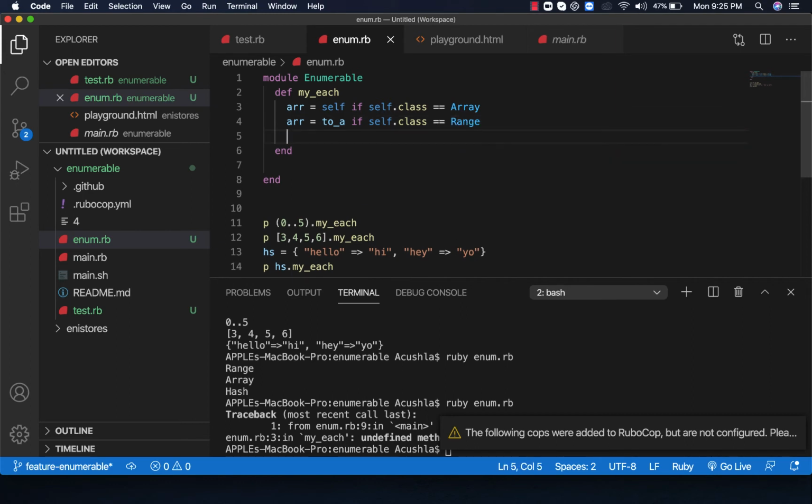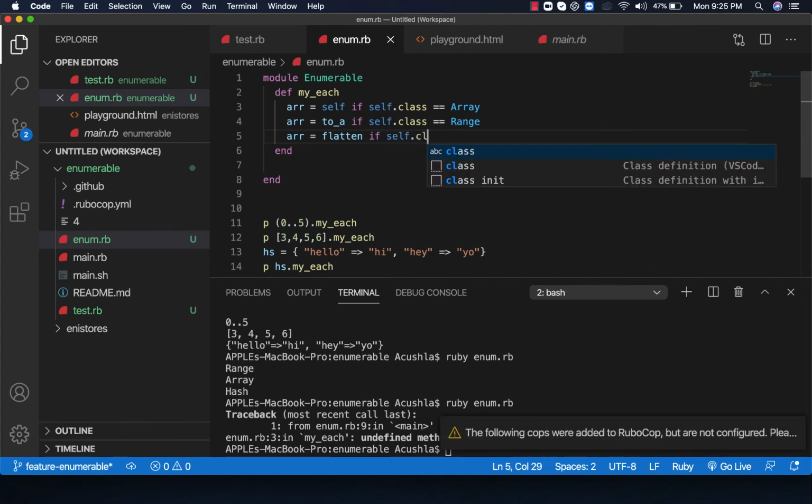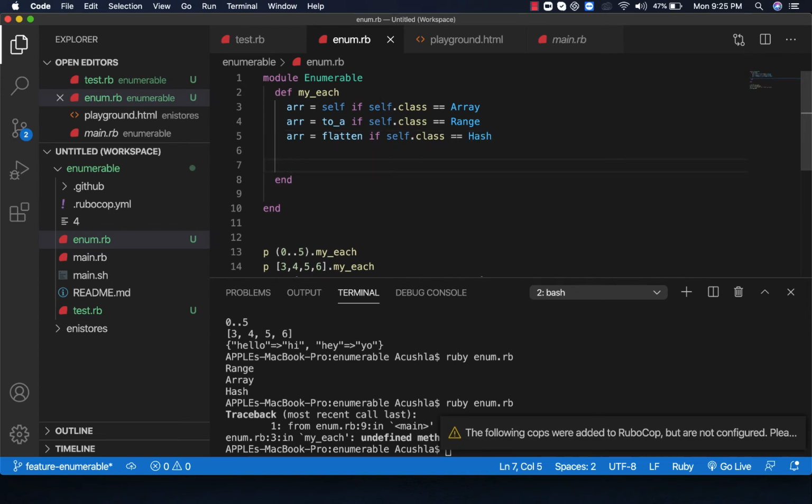And the other one we are saying just flatten. Flatten if self.class is equal to a Hash. So what does that mean? Let's just return the array. It means for something like the hash that we have here,